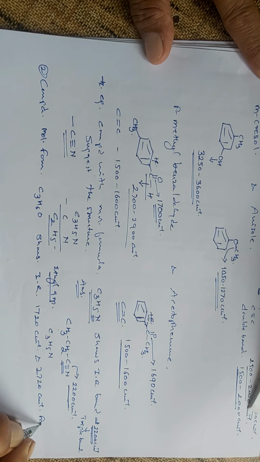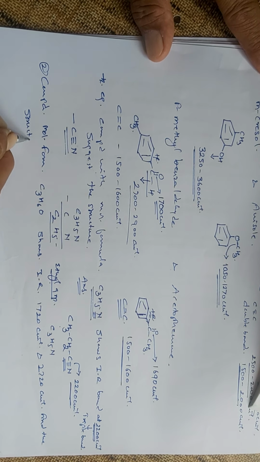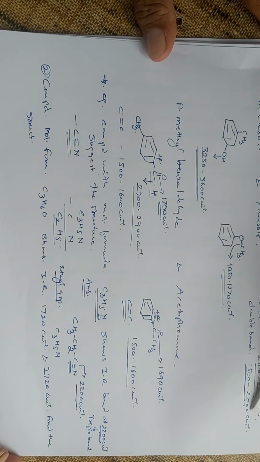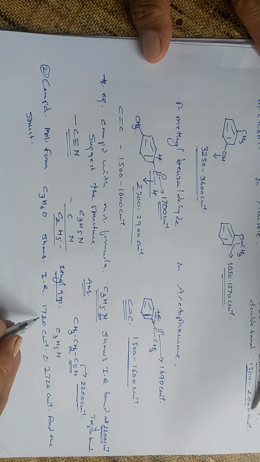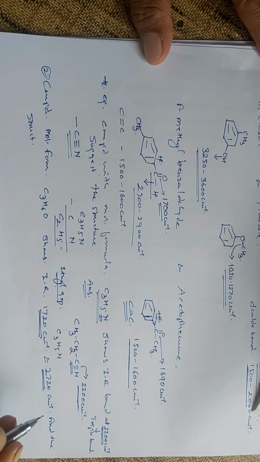Find the structure. So it very clearly indicates that the 1720 indicates the presence of a carbonyl group, and